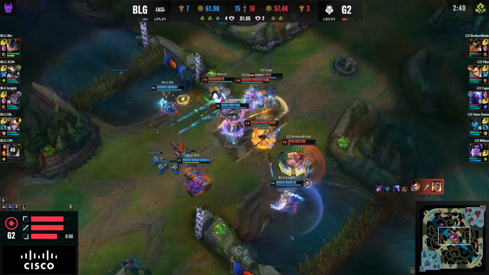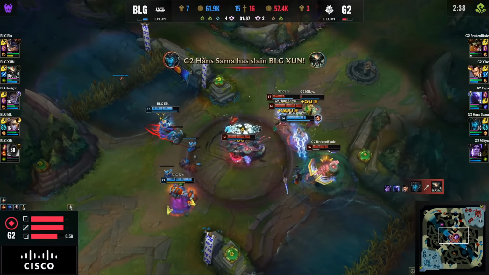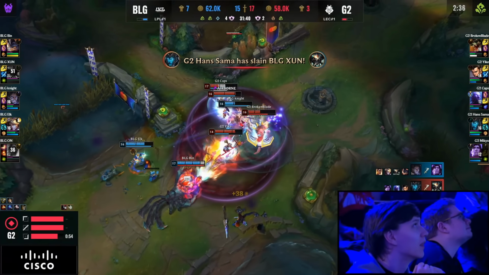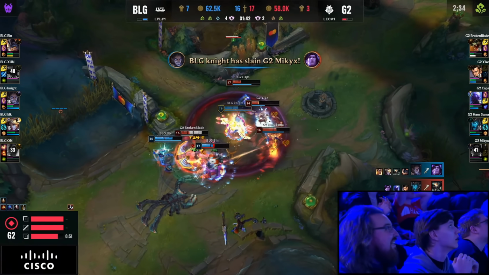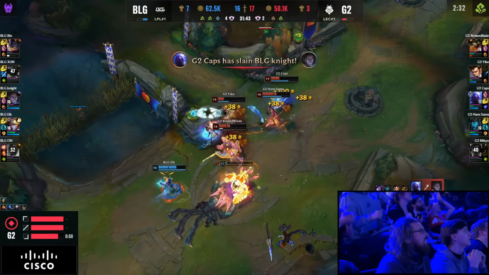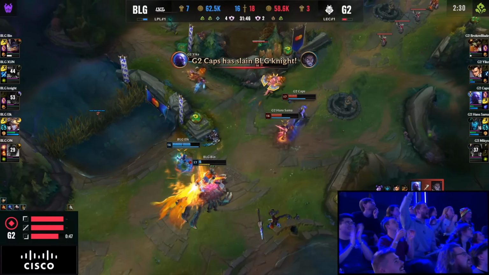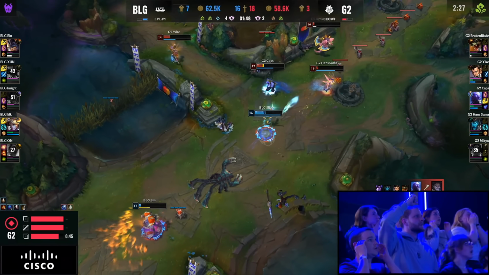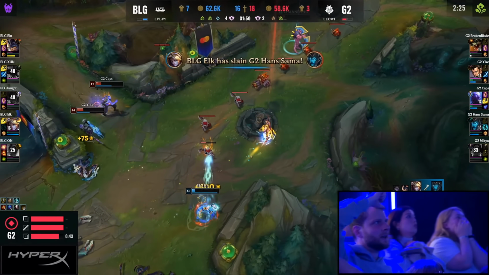2 days ago, in a series between G2 and BLG, in game number 3, there was a pause due to the potential Kalista bug. I'm sure a lot of you have seen that. At first I thought it's gonna be a straightforward yes or no bug video, but it is League of Legends, and oh boy, this suddenly became a little more complicated.